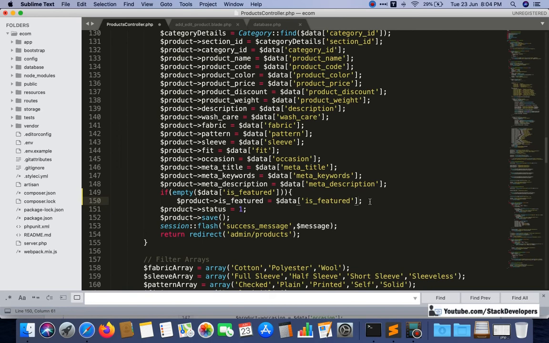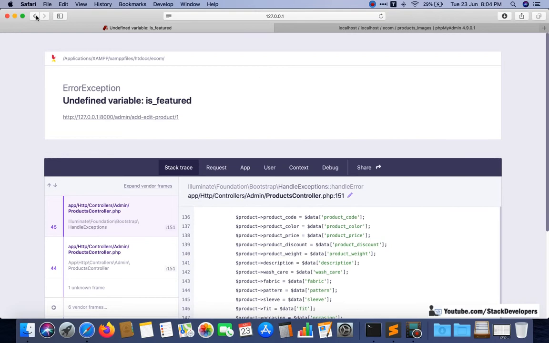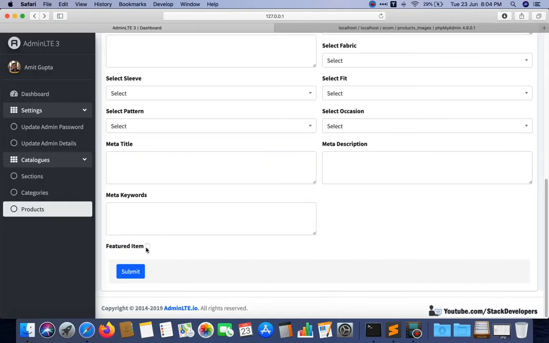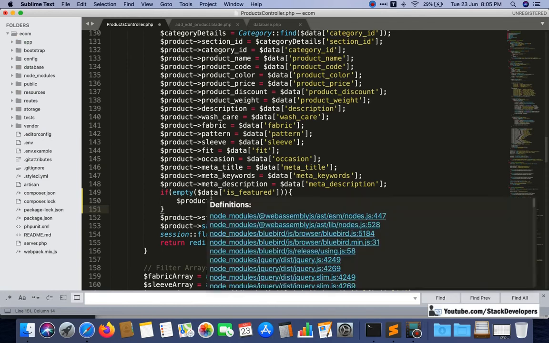And we will handle that from our MySQL also. But if there is a value, then we are going to save it. The value will be yes only if someone checks this one. Then it will check that it is not empty.